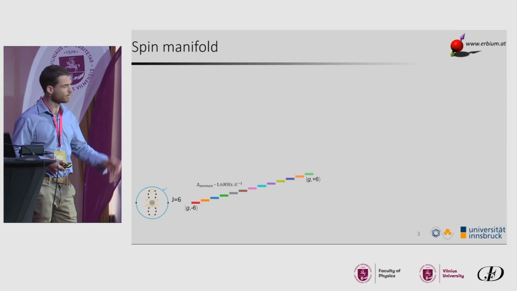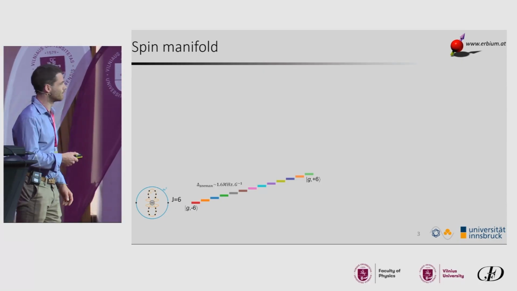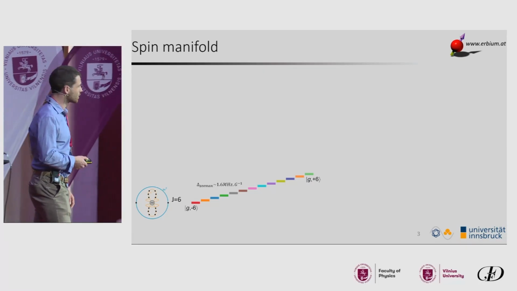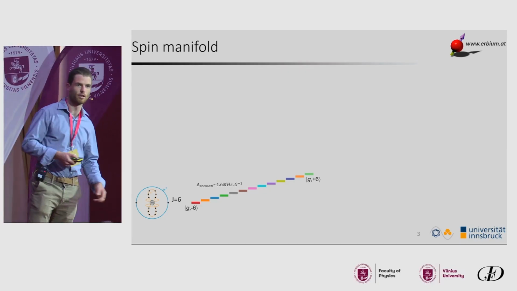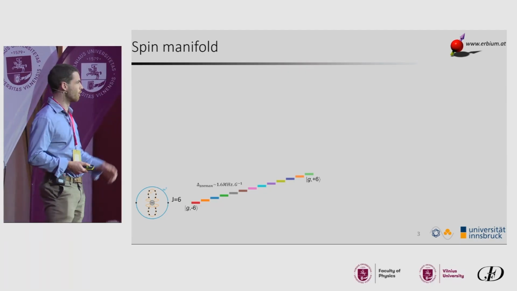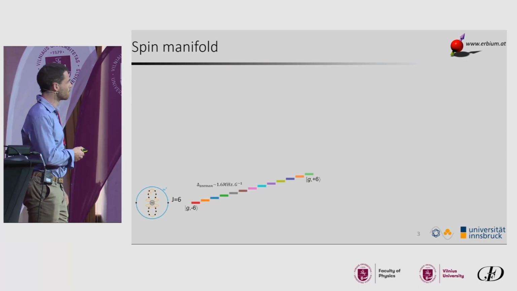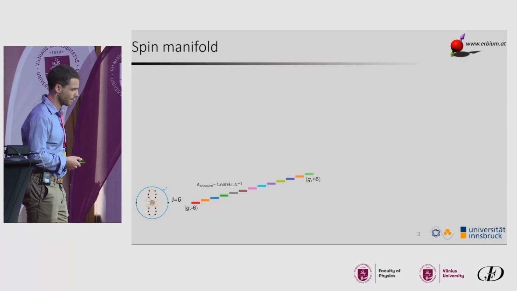Now, when I arrived to start my PhD, the question was, okay, how can we use this very large spin manifold? Which kind of physics can we do? How will dipolar interactions play a role? Scattering. But the first step was actually how we prepare those excited spin states.